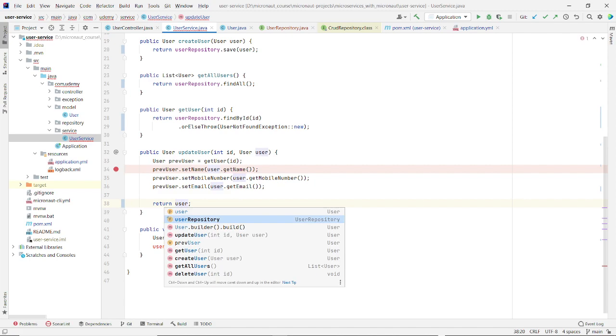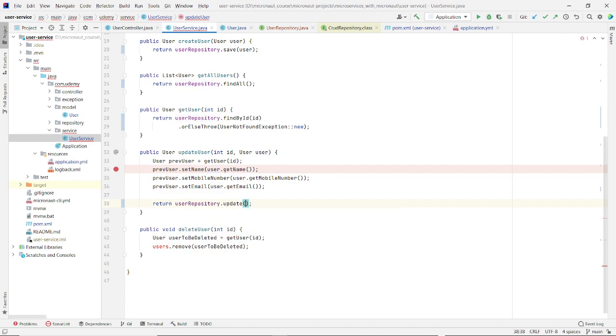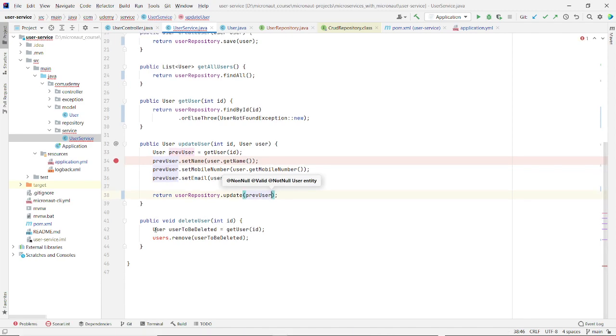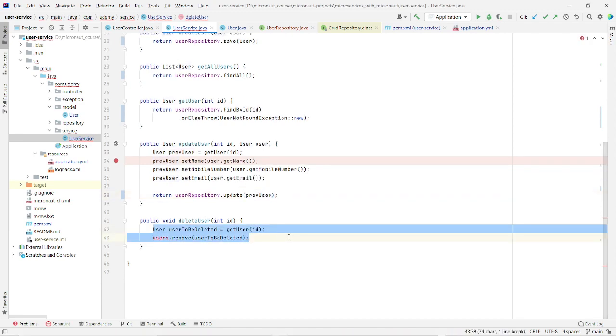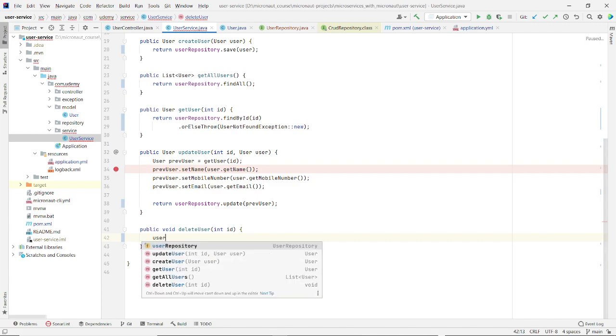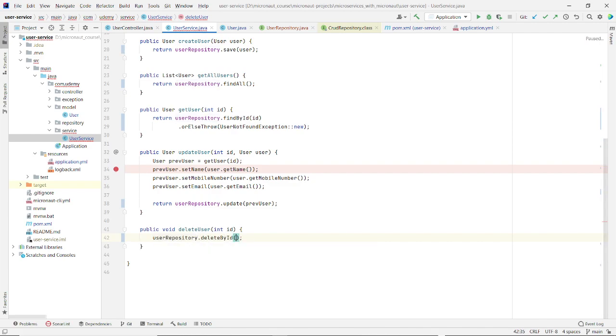So userRepository.update, and we'll pass the entity to it. And same for delete user, we will use userRepository.deleteById. We will have to pass the id of the user and it will internally check and delete the particular user by its id.